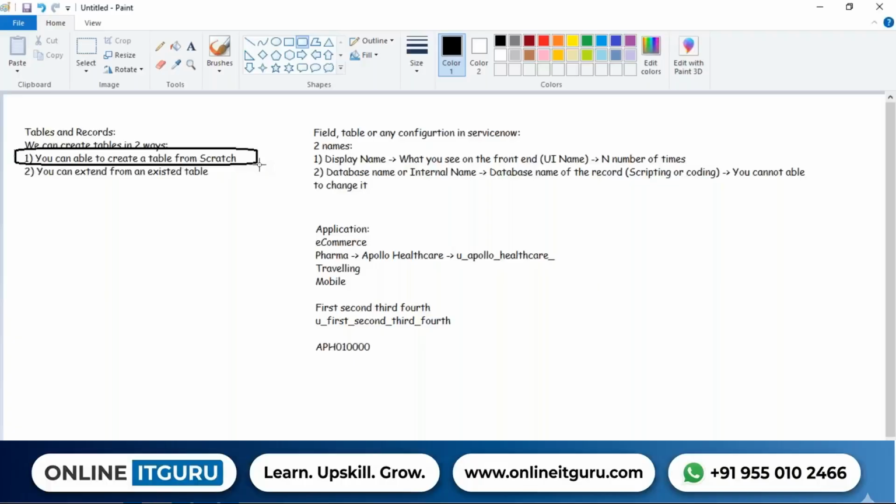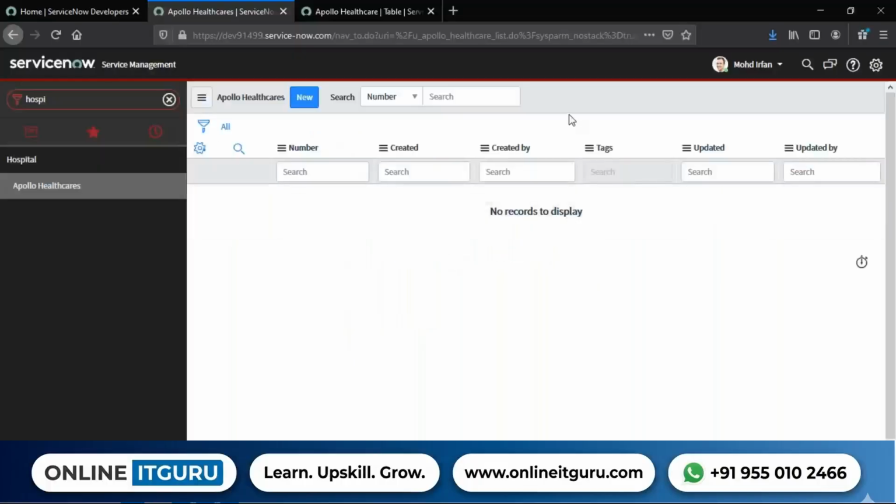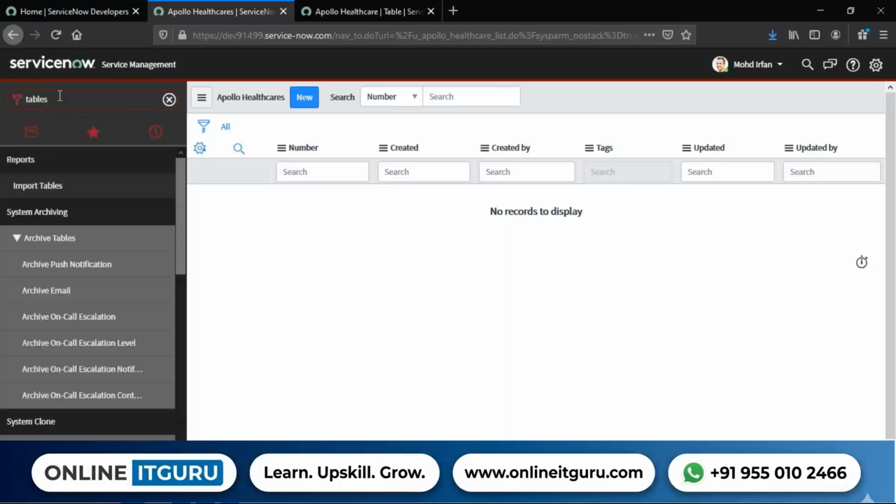But what if there is a table which already exists in the system, and I want to have the same fields available, use those fields, and create a new table with them? For example, the task table. The majority of the tables in ServiceNow are inherited from the task table. So if I click on tables,